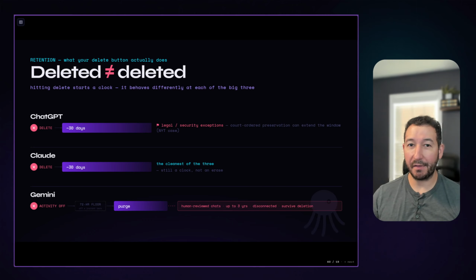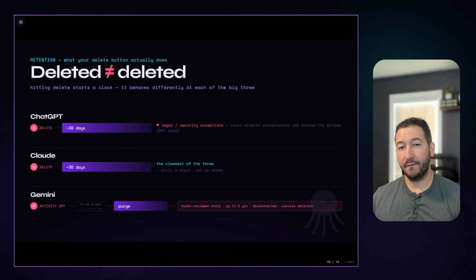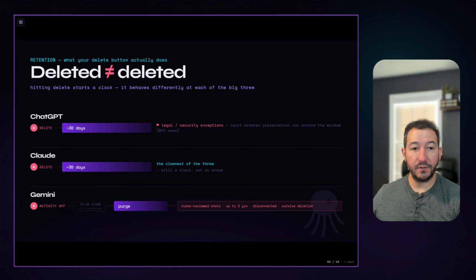And here is the crux of everything, in a sense: when you actually delete something from ChatGPT, Claude, Gemini, etc., that does not mean that it actually gets deleted. You hit delete and that starts a timer. For ChatGPT, that's 30 days. So 30 days after you hit delete, ChatGPT then actually deletes your conversation. There was a previous legal and court order that required ChatGPT to keep stuff indefinitely, even after you delete it. That has since been lifted for the most part. And so currently, yes, when you hit delete on ChatGPT, it starts that 30-day timer.